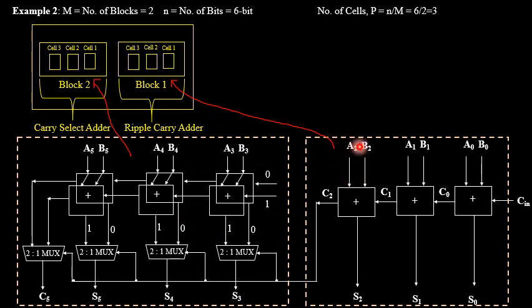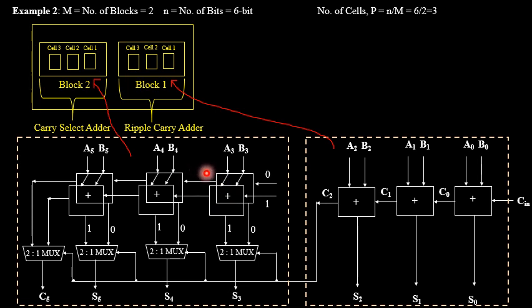So I have stopped at A2 B2. So continue with the operand A3 B3. Input carry can be equal to logical 0 or logical 1 state. So depending upon that, it will generate two sum outputs. Either it can be equal to logical 0 state or logical 1 state. In order to find out the exact output, apply a 2:1 multiplexer, for which the control signal is taken from the carry output C2, that is the main output generated from your first block. So now it will generate the sum output as S3 and carry output as C3.